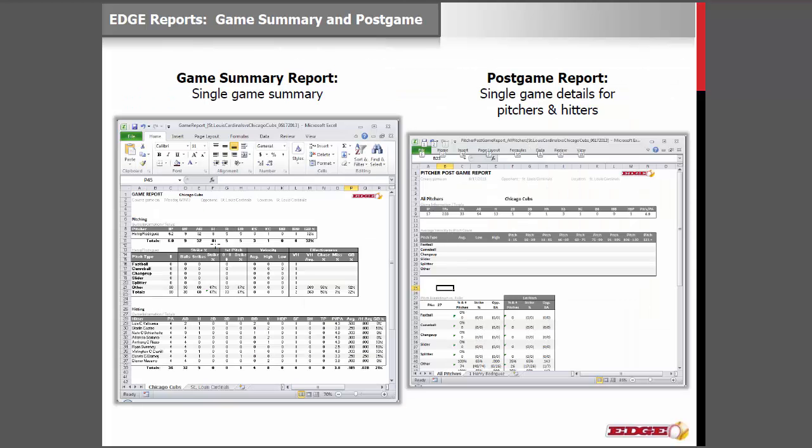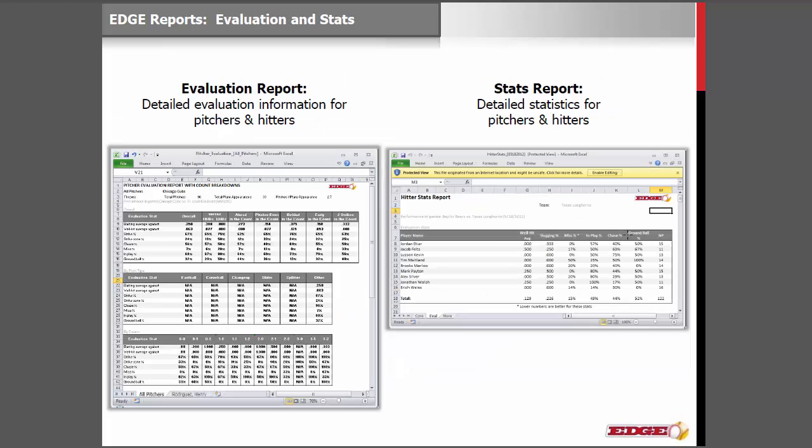The game summary is at the game level, and it really shows for both Team A and Team B the high-level summary information that you're looking for with the hitting side versus pitching. And then the post-game report is we're able to see the pitch breakdown and tons of other great information for a single game. The valuation is one of the favorite reports because it gives you such a granular level of